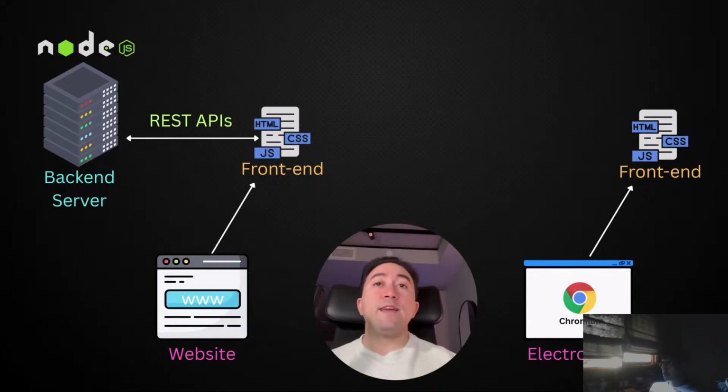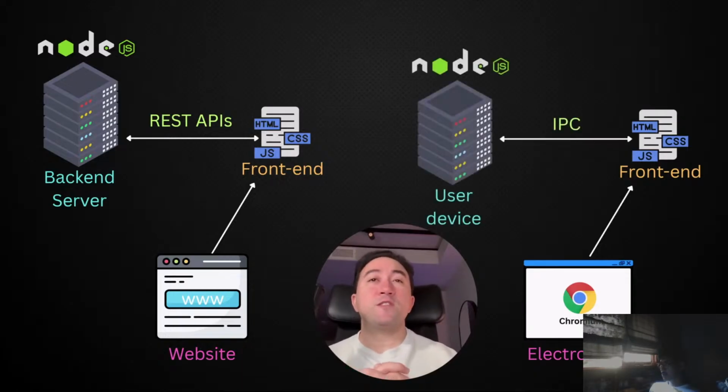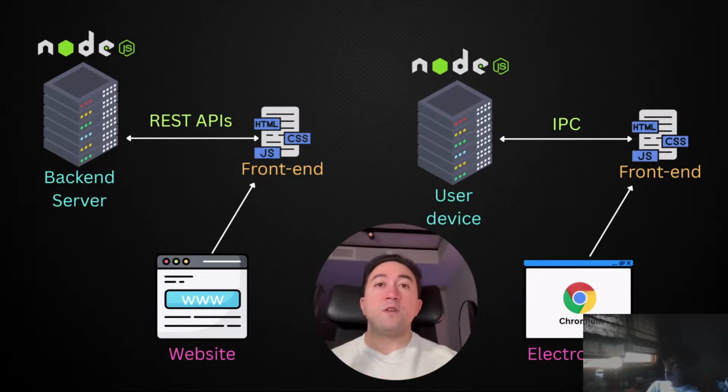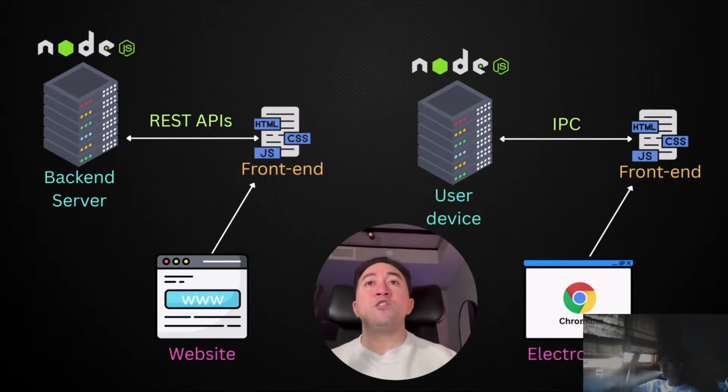So Electron applications also need a backend server, right? In this case, the backend server is actually the device on which the application is executing. And the backend framework used is Node.js. So we have two parts, the front end part, which is HTML, JavaScript, and CSS, and the backend part, which is the process that runs on the user device. In this case, the user device is the server, and this process has access to all the system APIs and it's executed using Node.js. So now you might wonder, in typical websites, the communication between the front end and the back